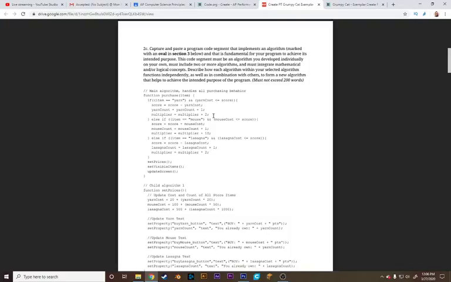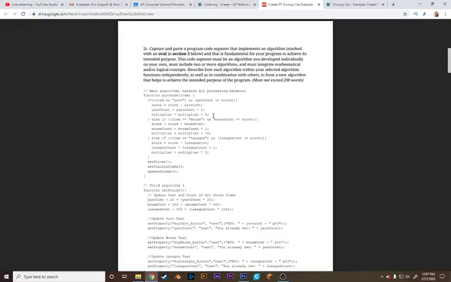And then it says, the code segment must be an algorithm that you developed individually on your own. So if you are collaborating, which I don't think anybody is, this is something you have to write on your own without help from anybody else. I can't help. I could provide some advice and pointers in terms of clarification of what an algorithm is, but that's all I could do. I can't even look at your code and tell you whether or not it qualifies as an algorithm. That is something you have to qualify on your own. But once again, on Monday, I will be going over the algorithmic portion, and I'm hoping that it will kind of narrow down any misconceptions about what is required.